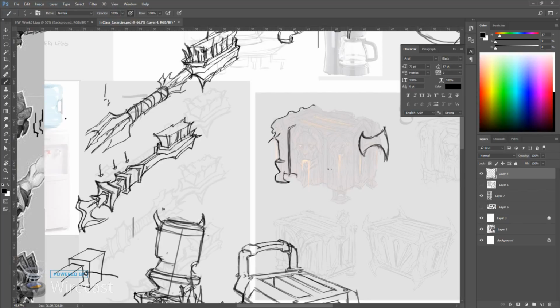Before I nail some of the forms, I probably would suggest avoiding going into tone. And again, that's just my personal workflow. And so maybe something like this,